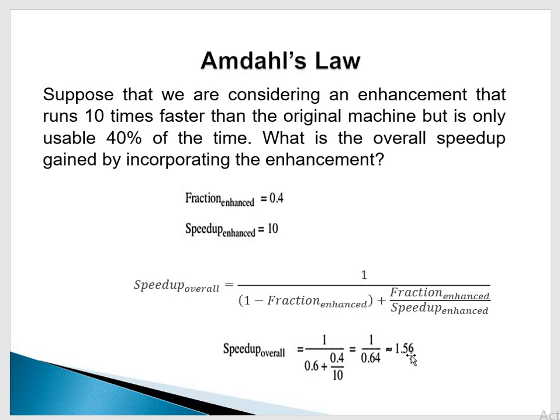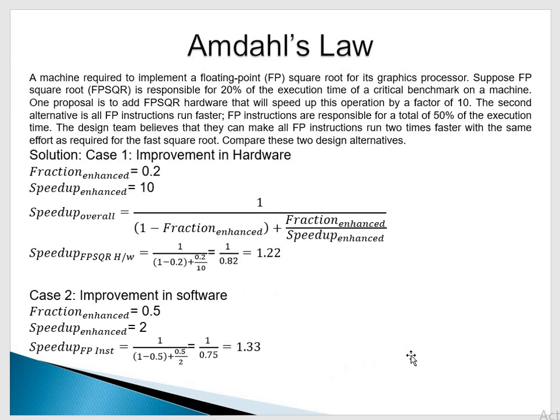Okay, so now we will try to understand the concept with another example, using Amdahl's law and whatever we discussed in this lecture. In this particular machine, what is given? Let's suppose we want to implement a floating point square root for a graphic processor. Let's suppose we want to develop floating point square root hardware along with its software for the graphic processor